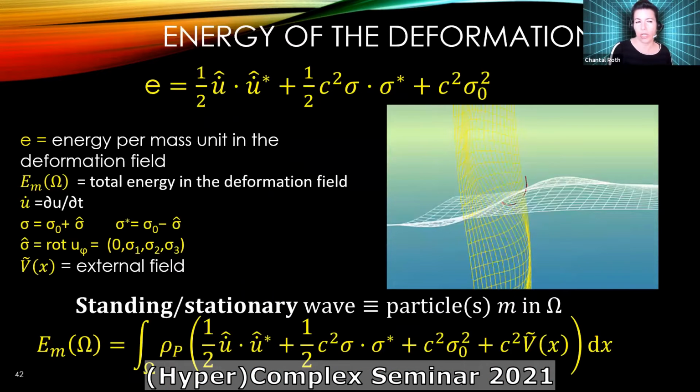Now we also need to talk about the energy of the deformation field. So here, this is the equation, and both the equation of motion and this equation obey the Euler-Lagrange relation. So you can imagine this is sort of like a pendulum where the energy is either in the kinetic or in the potential energy. In this case, this would be the u dot, that's the velocity of 1 grid element. So when I play this,